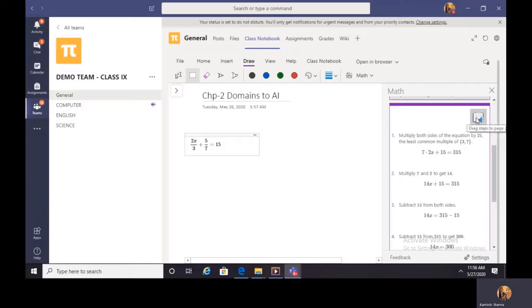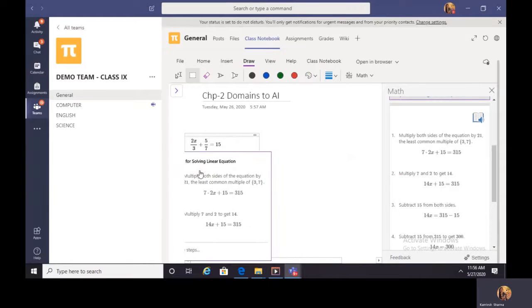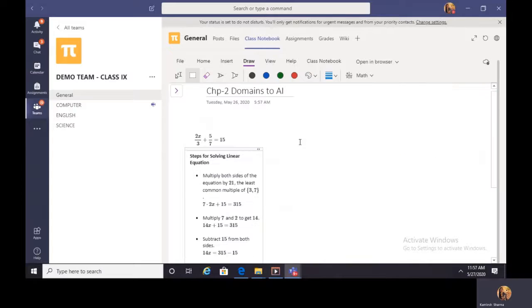So simply click on this button and drag the steps here on your page. I would like to add to this that if you have the stylus, your life is going to be really easy, because many a times writing here using the touchpad is very difficult. So it is always better to have a stylus with you.